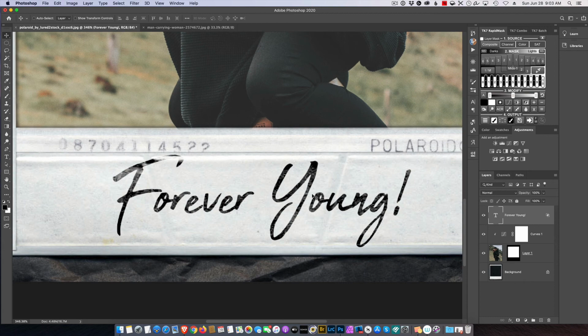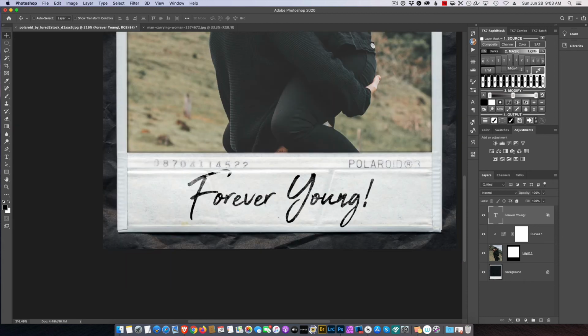And the next thing I look at it, I go, well, that's not bad, but I want to take it a little bit further, because as humans, we're trying to replicate someone with a felt tip pen writing on a Polaroid frame. And nobody writes this perfectly flat and straight. Okay? So we need to give it a little tilt, a little bit of realism